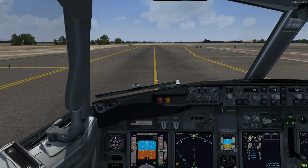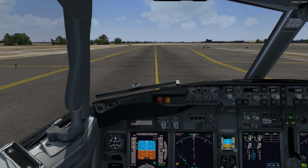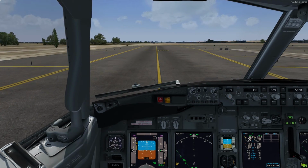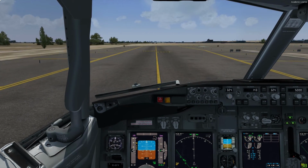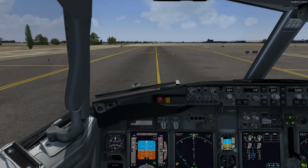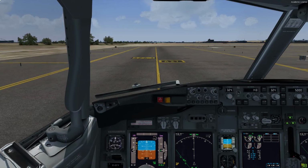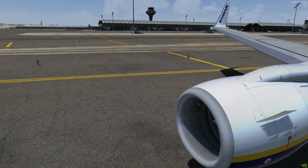But because we had to be vectored around, because of runway changes and stuff like that, and the wind, we had a 40-knot headwind on departure from Manchester, so that could have had something to do with the extra time taken there. I will be doing a review shortly after making this video